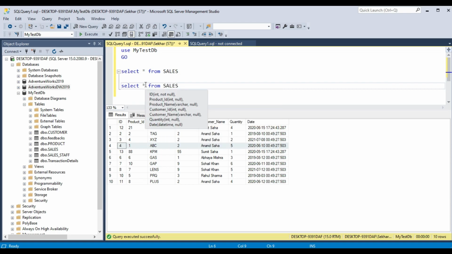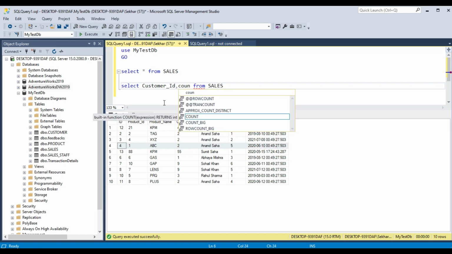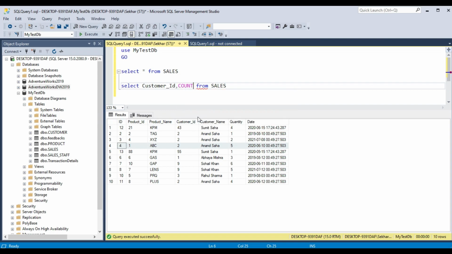In place of star, we will take customer ID, then count of quantity, or we can also take count of star.